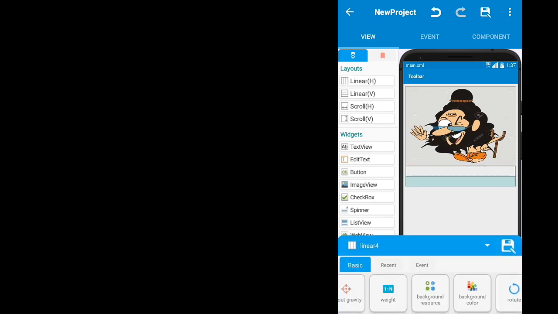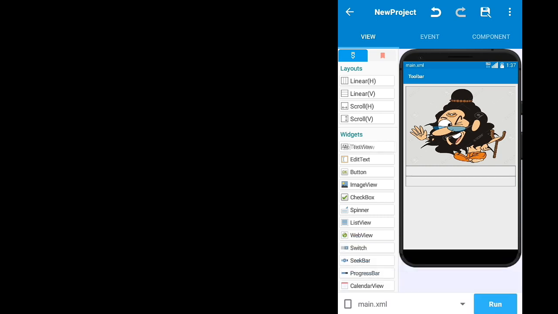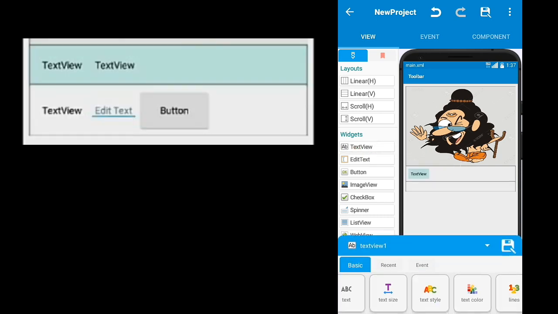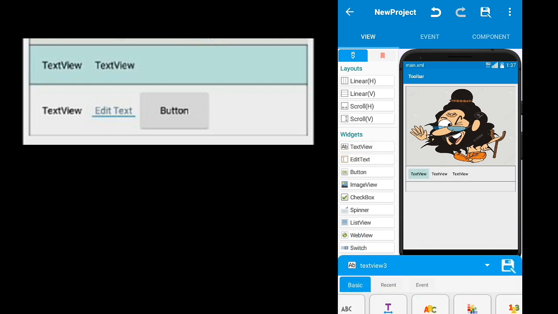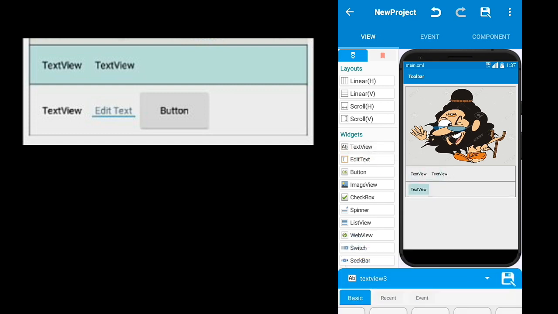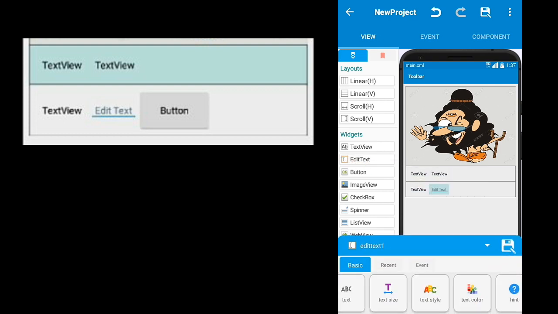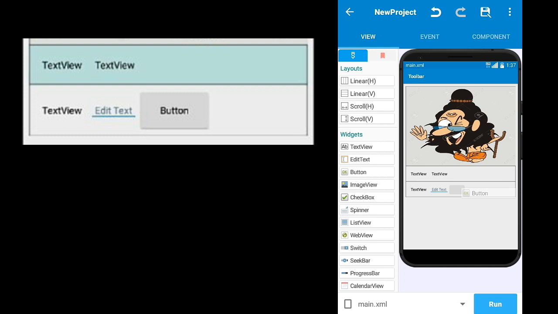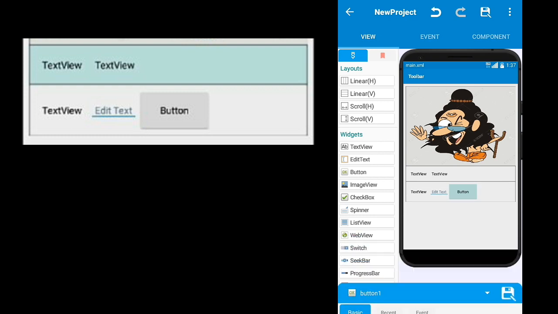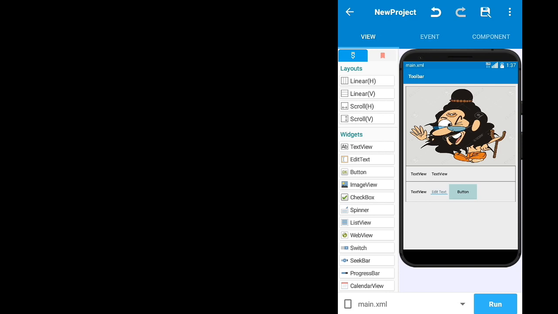Now put all the buttons as shown on the left side of the video. Now adjust the size of both layouts as needed.